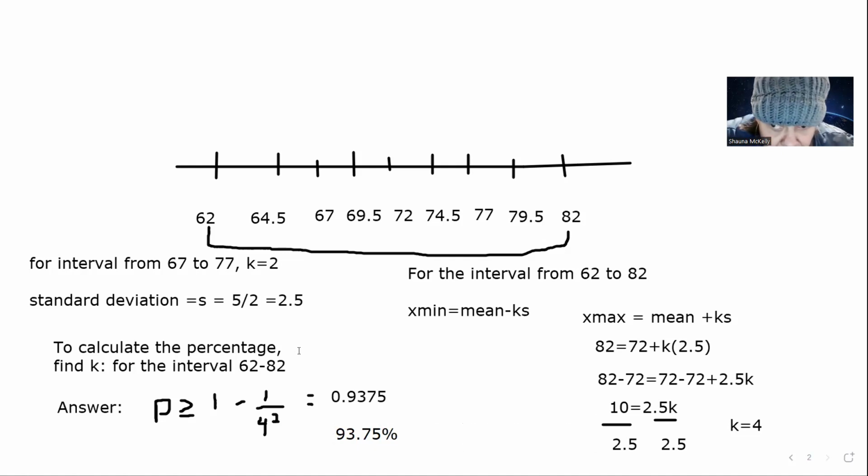This is about as difficult as a Chebyshev's problem can get. So if you found this problem a little bit of a challenge, I'm not surprised. The mistake that I made when I did it last night was I didn't show this second partial step properly. I told you K was 4, but I didn't tell you exactly why. So if you want to go back to the whiteboards, I'll make sure that I make those available to you. But the answer is